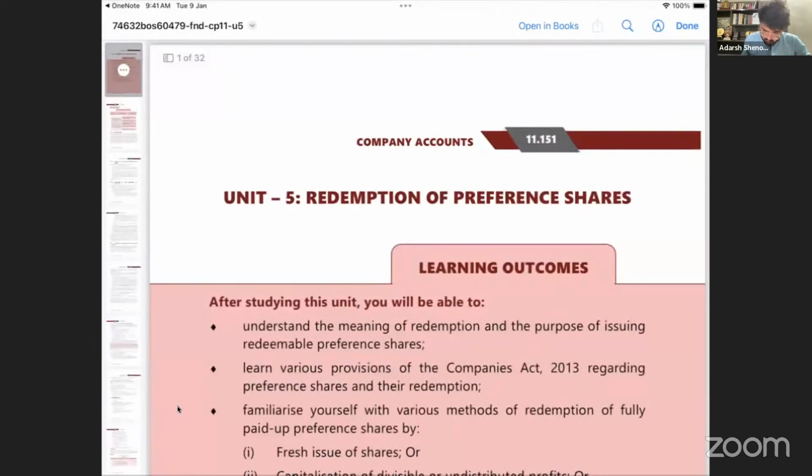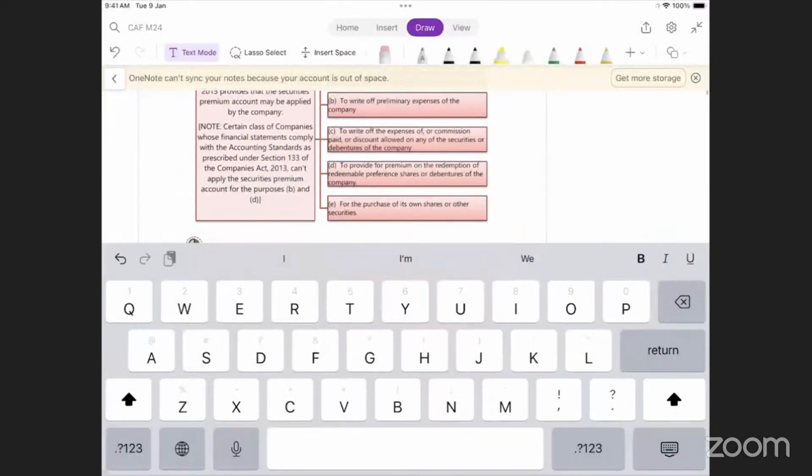So let's start. Okay, let's do a question. This is question number illustration